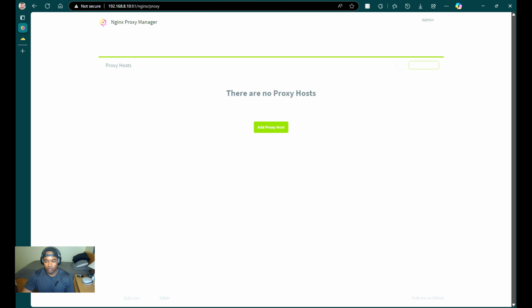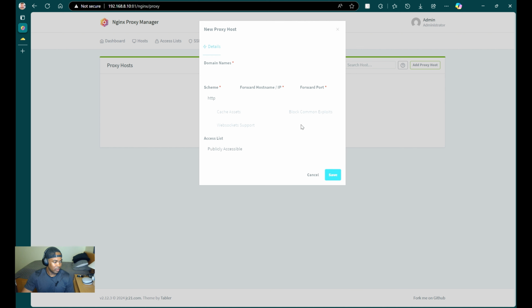So first we'll do the web admin page. You want to click on Add Proxy Host. For the domain name, I'm just going to choose nginx.npm.genihome.net. For the scheme, I'm going to leave it at HTTP. For the forward hostname/IP, here I can just put the container name for the Nginx reverse proxy. And if you remember, it was